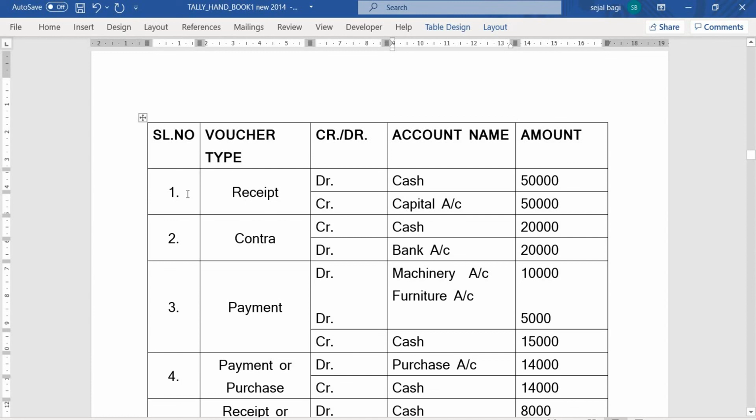Check the first transaction, then check the voucher type, receipt voucher, debit, cash 50,000, credit, capital account 50,000. Second transaction, contra, credit cash 20,000, debit bank account 20,000. Okay, this way it has to be written in case of the theory examination.